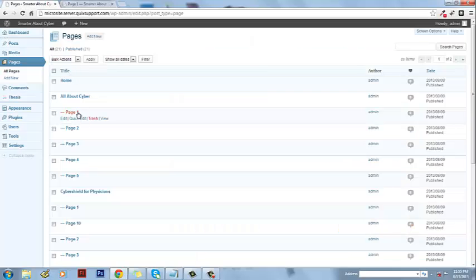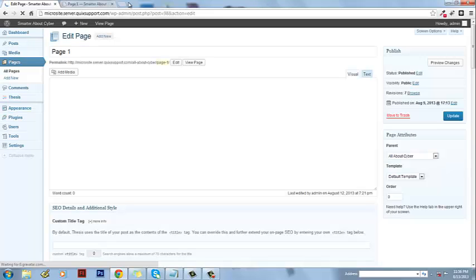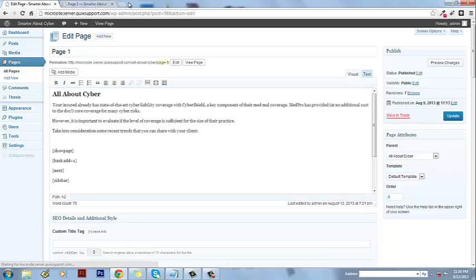To edit this page, you hover over page 1, then click edit. This will redirect us to the edit page of All About Cyber page 1.